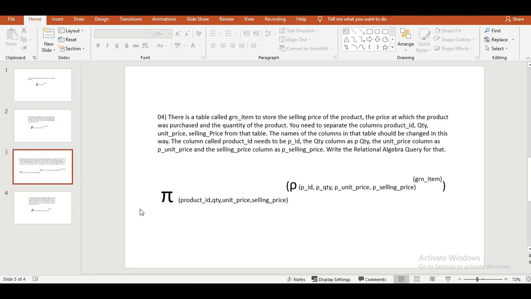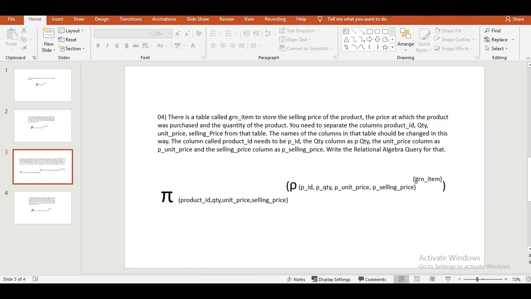Here what I first did was I used the projection operator, and after that I selected these 4 columns, and then I renamed these columns into p underscore ID, p underscore qty, p underscore unit underscore price, and p underscore selling underscore price.